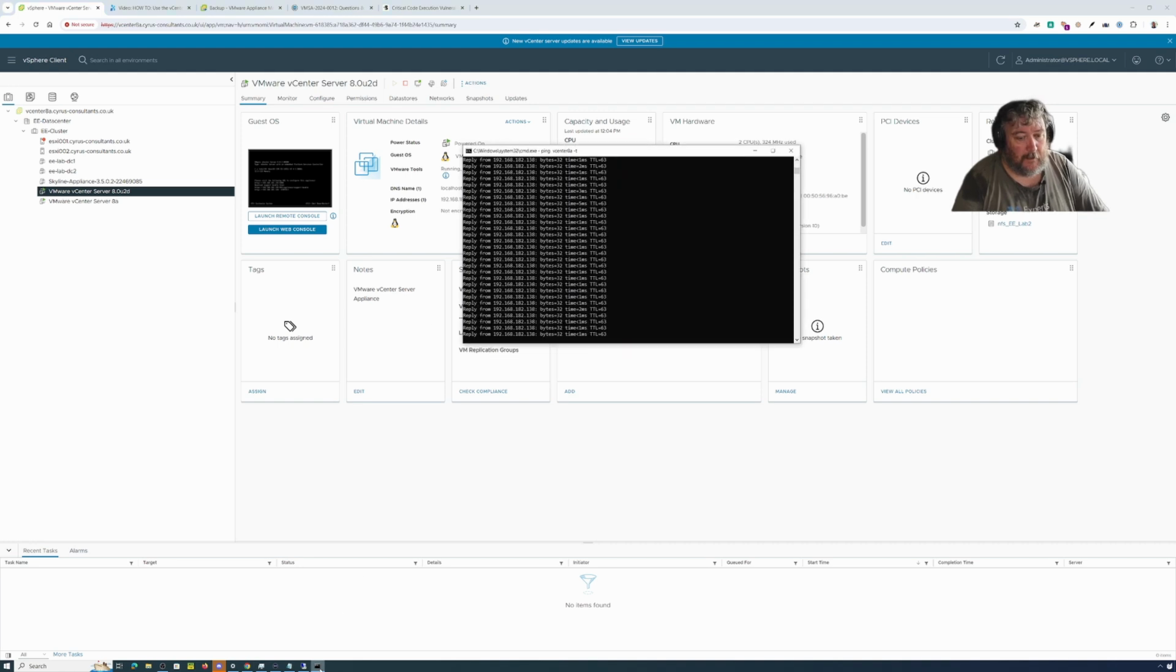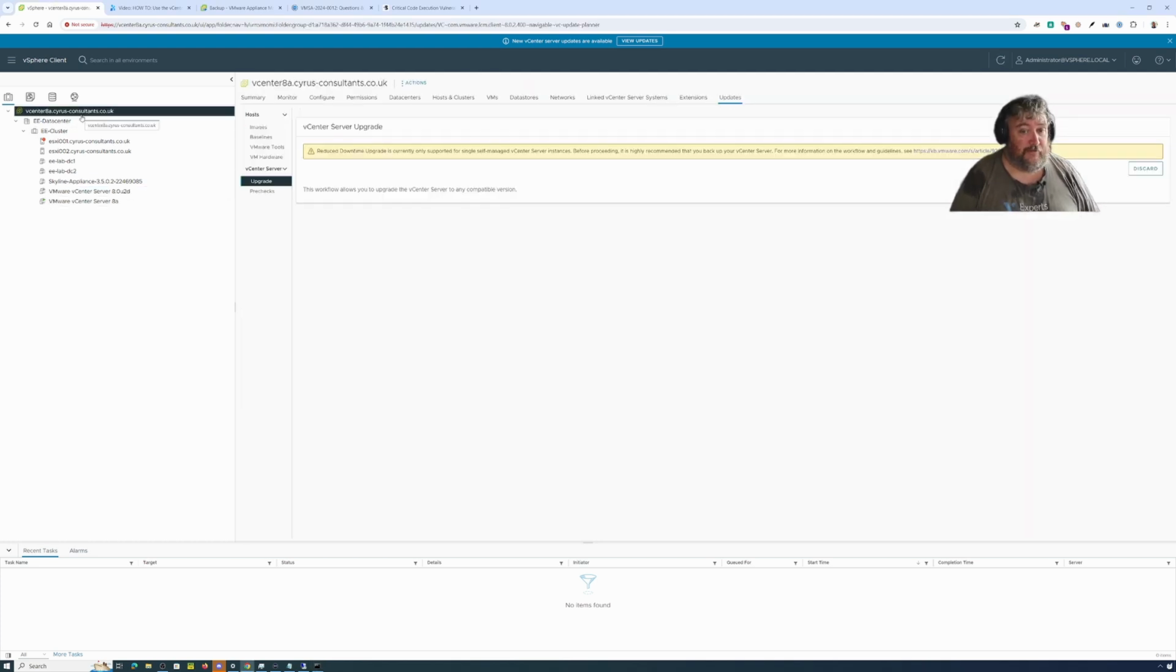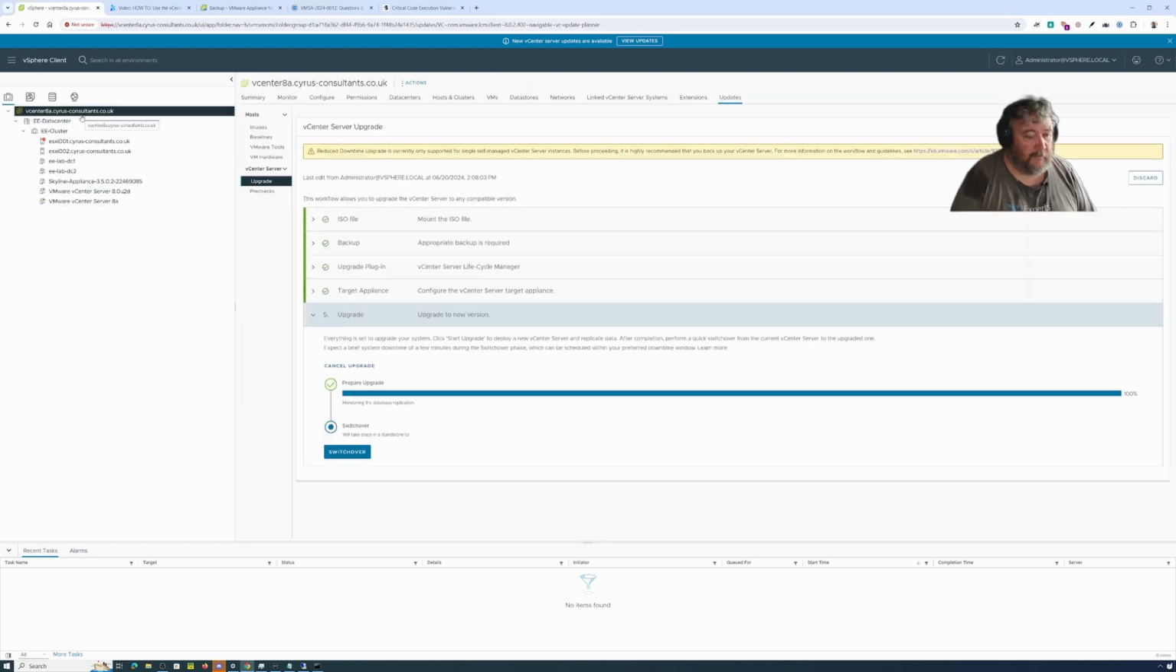192.168.182.139. I can currently ping vCenter 8A, which is 138, and just to show that I can also ping 182.139 as well. There we go. So we'll just keep pinging that. So this is where the magic happens, the switchover. So realistically, let's just time how long a switchover takes,